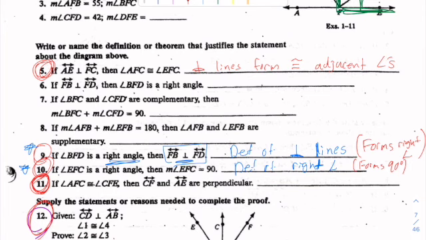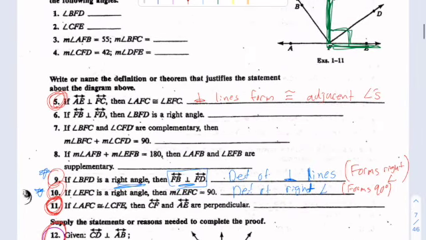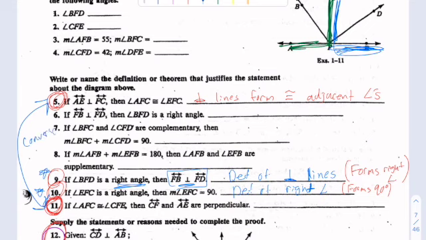Numero 11, AFC is congruent to CFE. Where the heck is that? AFC. Oh, okay. Seems like we're doing the same thing as before. CFE. Boom, this is CFE right here. So this is just the converse, actually, of number 5. Right? They're the converse of each other. So this one would be